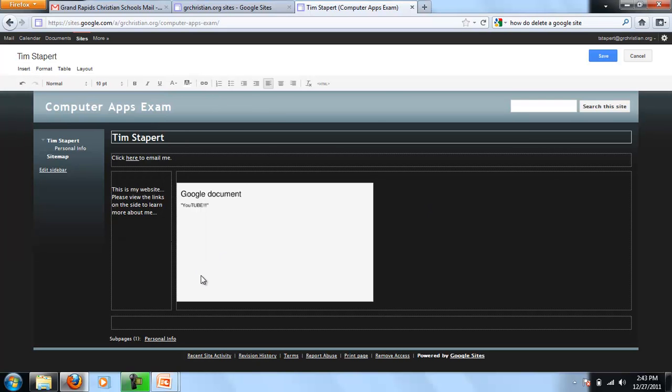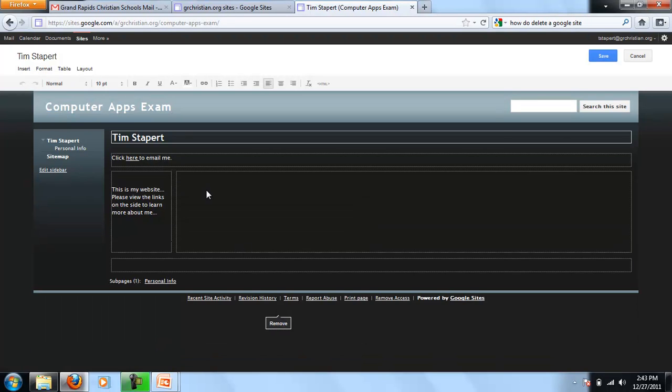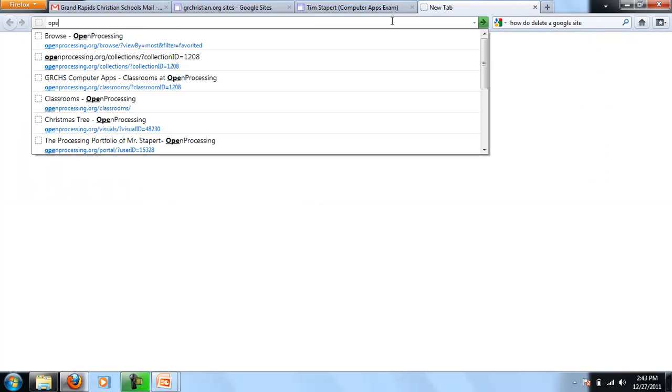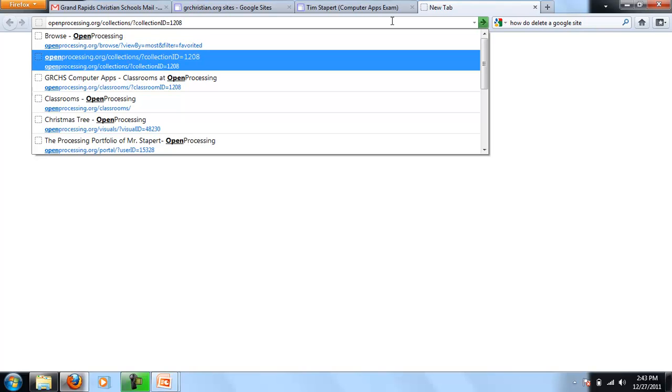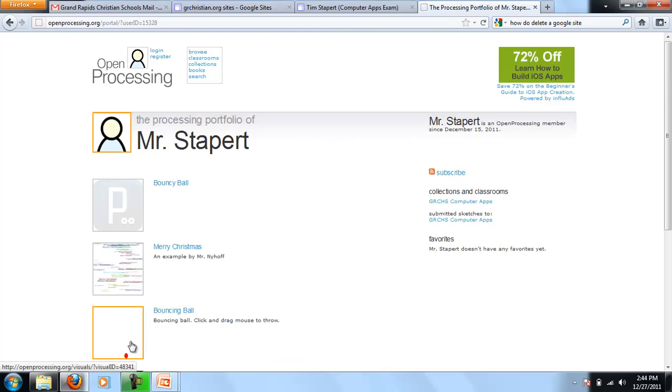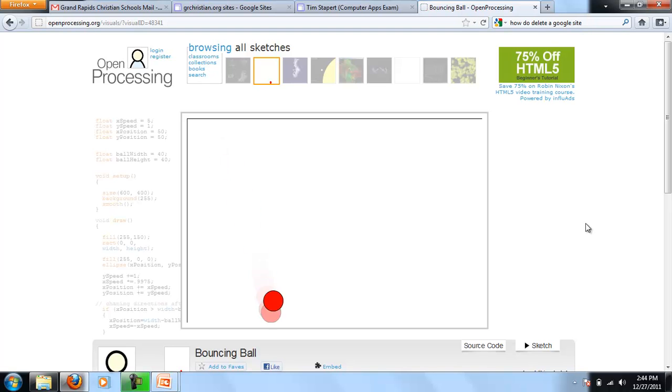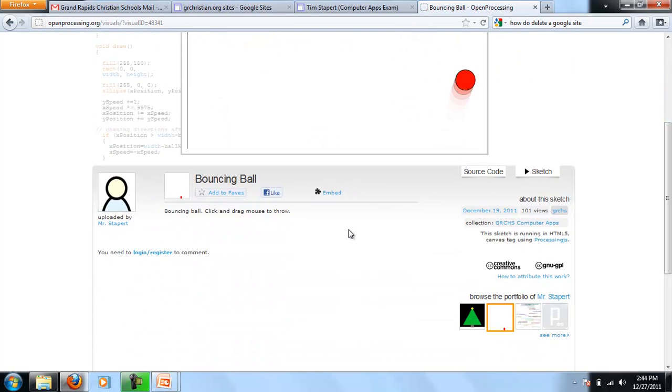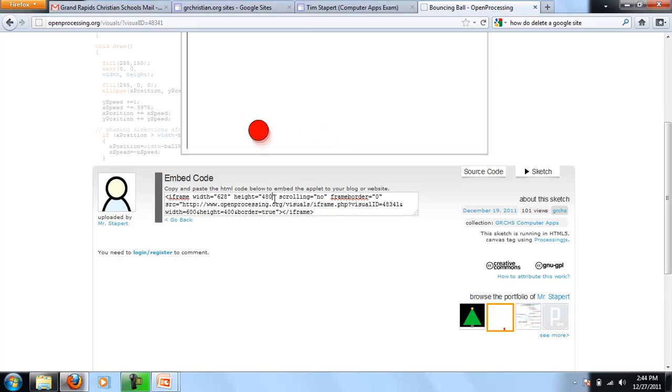The other way you can, of course, do these things would be, I'm going to actually just delete this out of here for now, is our favorite HTML. Remember, if you've got a Prezi or you're going to need to actually embed your processing sketch. So if you were at openprocessing.org, so here's a ton of ours. I'm going to click on mine. Here's my bouncing ball. Remember, over here we have this embedding code, and again, this is that HTML code,